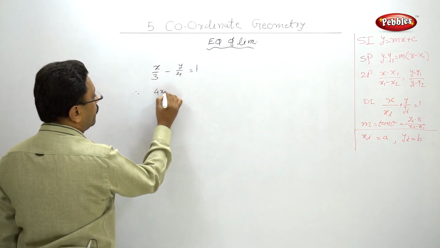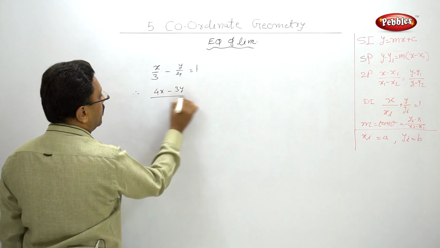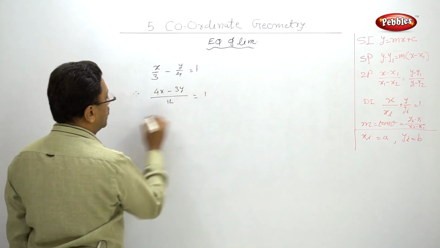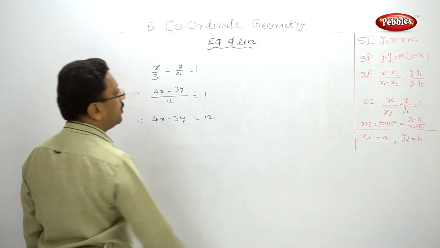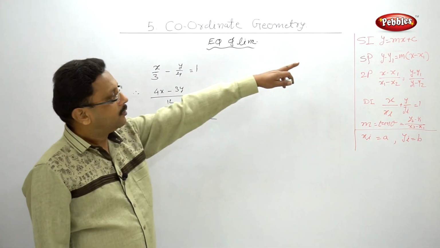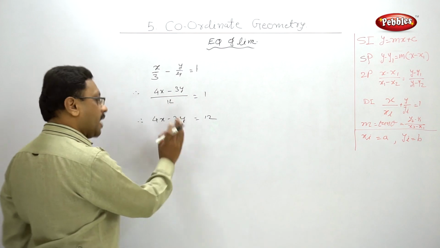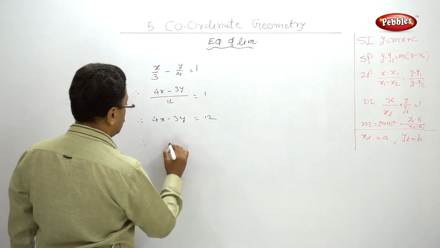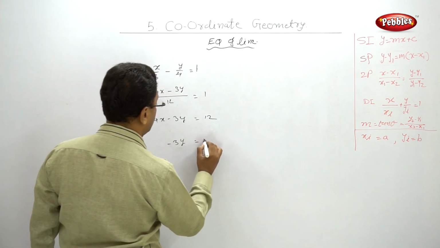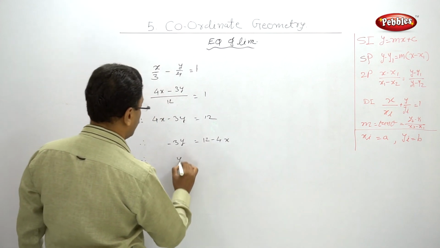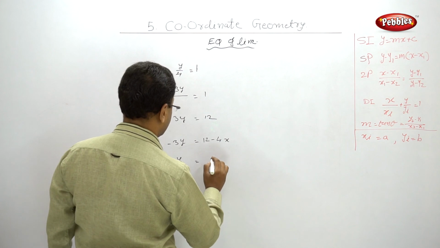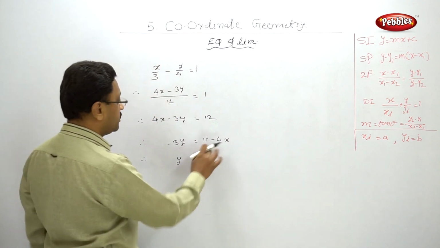That is 4x minus 3y upon 12 is equal to 1. So 4x minus 3y is equal to 12. But we want the slope-intercept format. So only y should be on this side. So minus 3y is equal to 12 minus 4x, and hence we have y is equal to, we'll rearrange this,